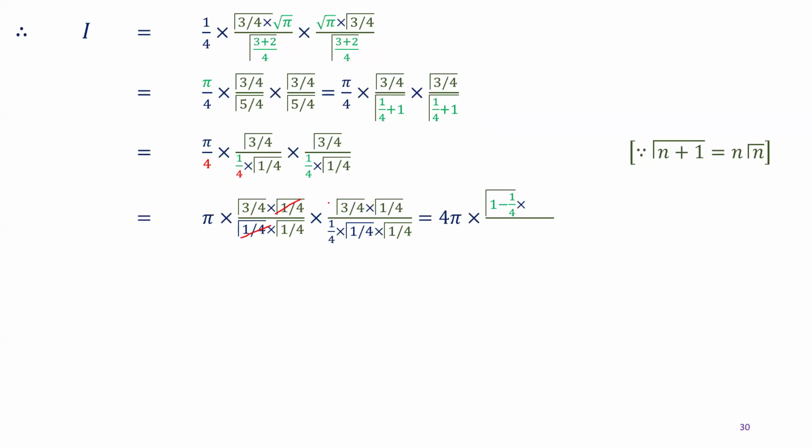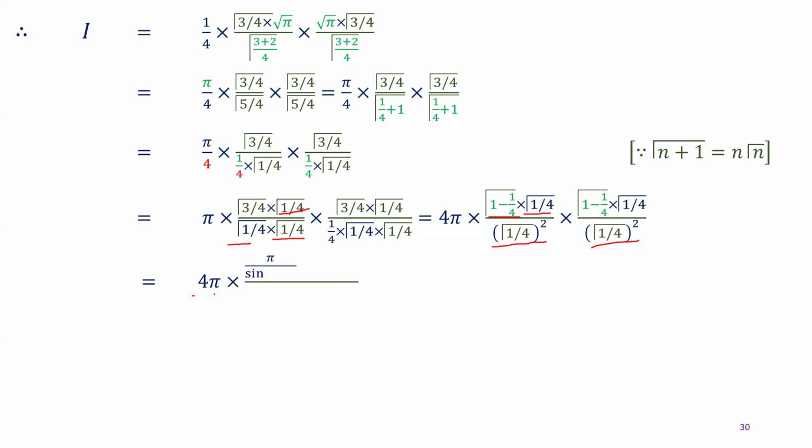No, we have to apply the formula. Gamma 3 by 4 into gamma 1 by 4, over gamma 1 by 4 into gamma 1 by 4. We are multiplying and dividing by gamma 1 by 4, the same thing as we have done over here. Now, this gamma 3 by 4 can be written as gamma of 1 minus 1 by 4 into gamma 1 by 4, the whole divided by gamma 1 by 4 whole square, into the same thing: gamma of 1 minus 1 upon 4 into gamma 1 by 4, the whole divided by gamma 1 by 4 whole square,